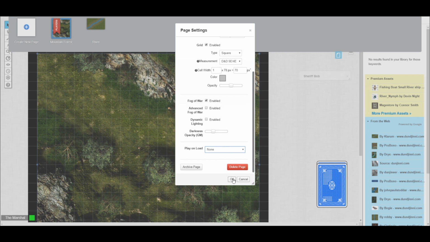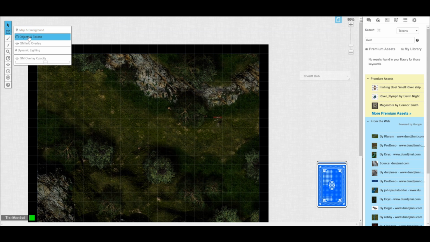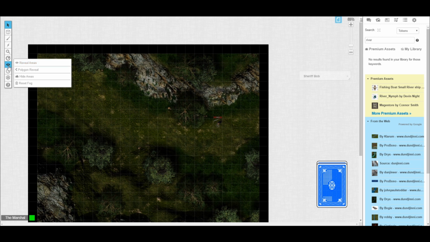A nice little neat feature. Alright, so you'll see the fog of war is now up. You notice everything's darker. It's hard to see the fog of war. So Mike, how do I know the fog of war is up? Well, go to your fog of war settings, coming back to here, and you have reveal areas. That is a square reveal. You have a polygon reveal, and then you can rehide areas, or if you realize you're completely messed up, you